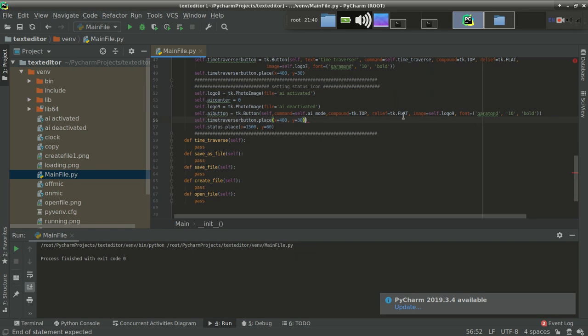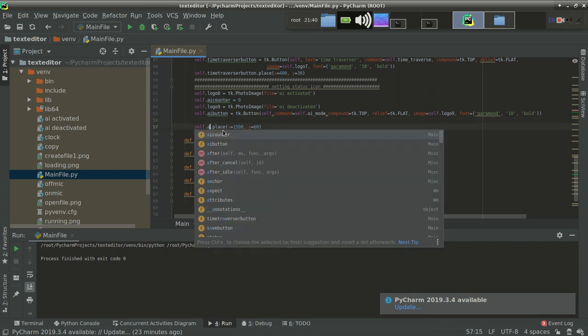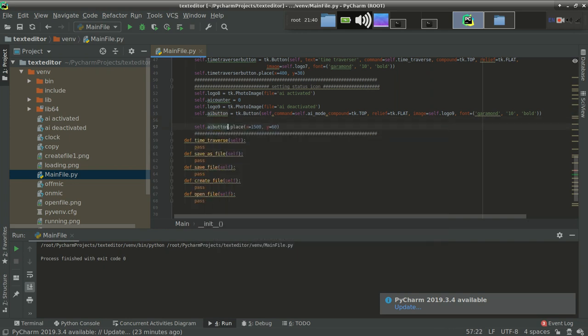So we have used it. Now it's time to put that button. So to put it, use AI button dot place. Name should be around, X value should be 1400 and Y value should be 60. 60 is fine.